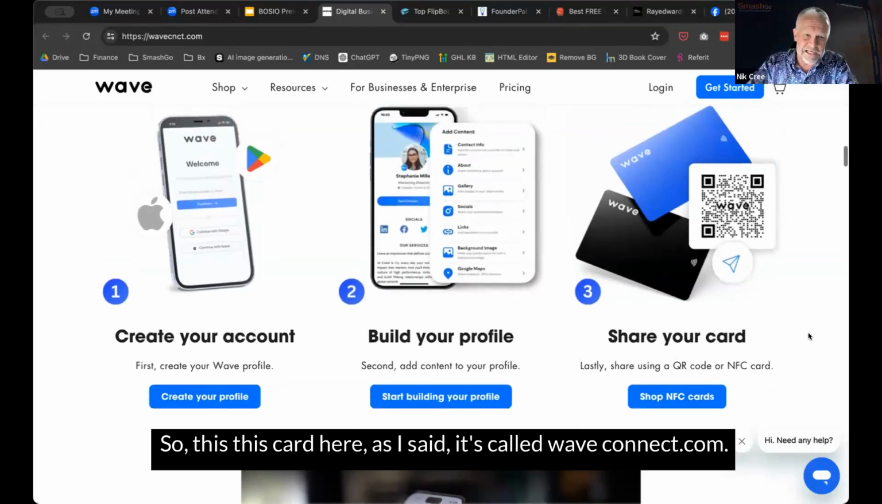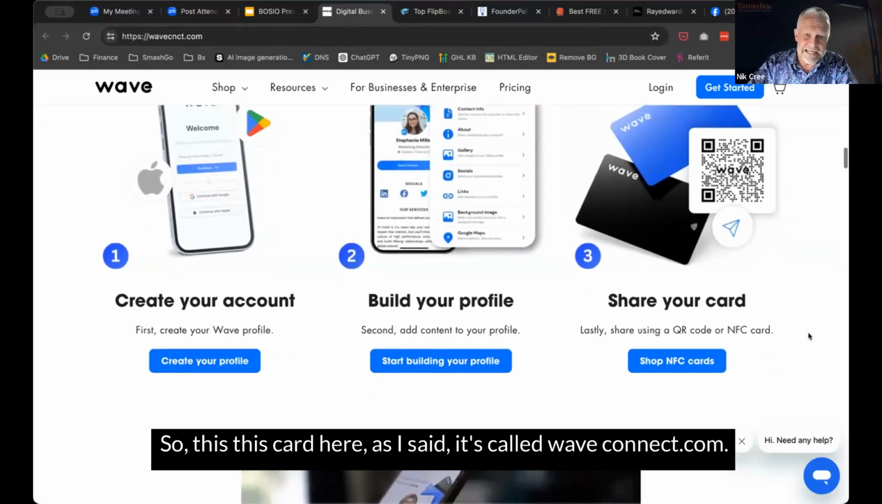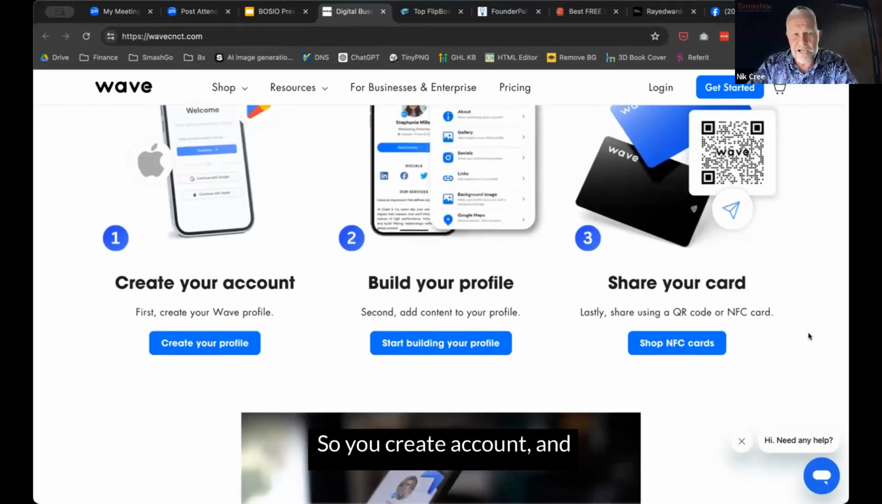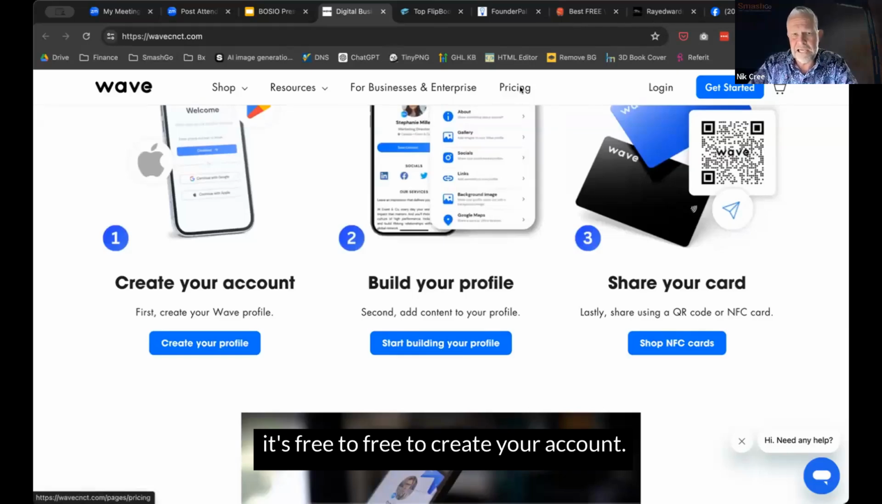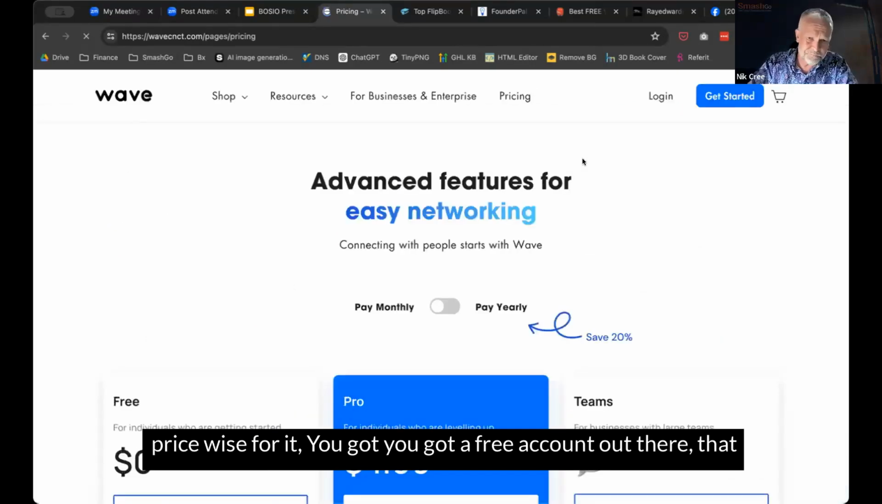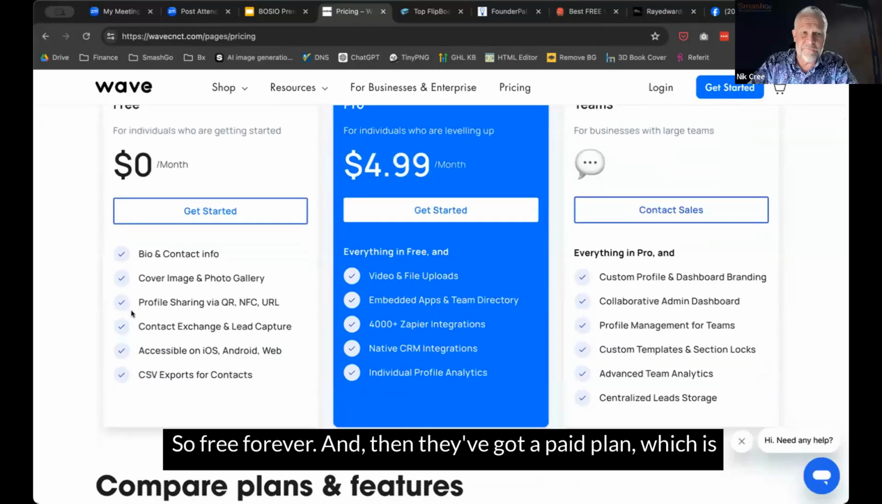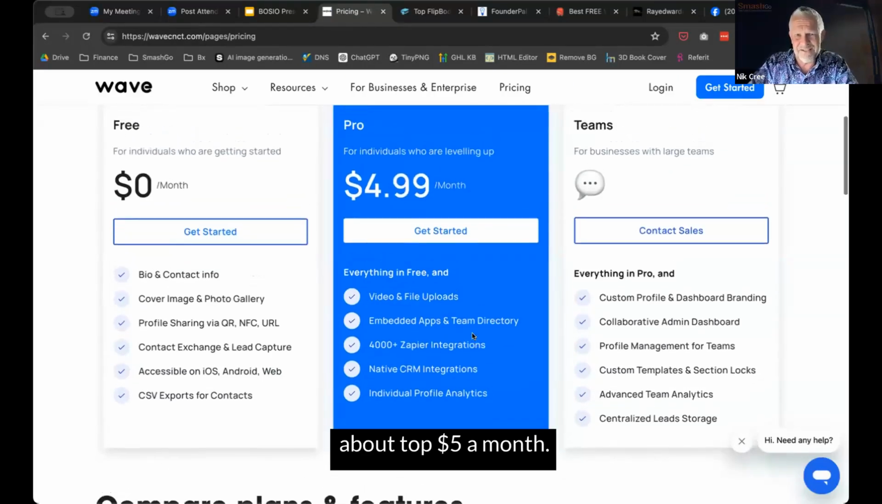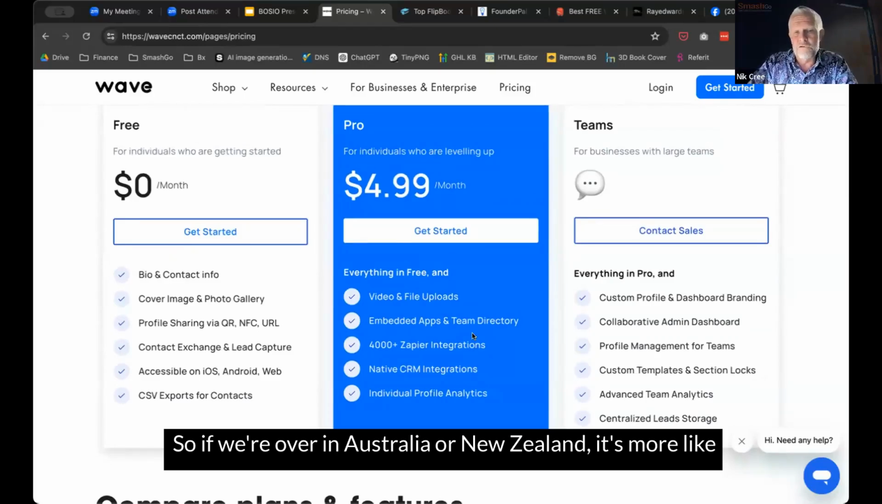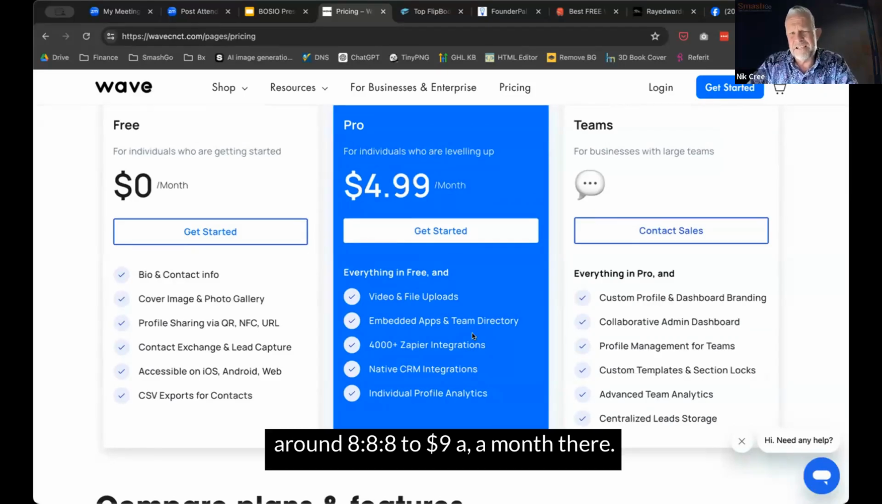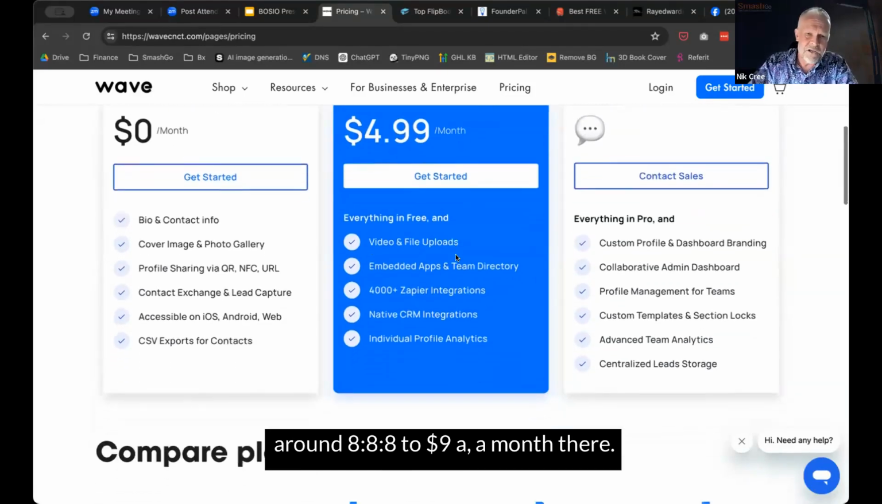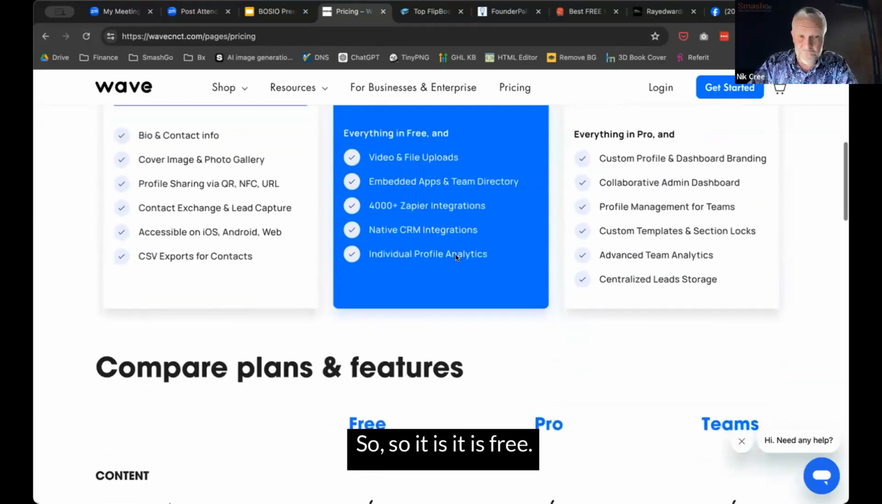So this card here, as I say, is called waveconnect.com. So you create an account. I think it's free to create your account. Price-wise, there you go. You've got a free account there that you can use, so free forever. And then they've got a paid plan, which is about $5 a month, or if we're over in Australia and New Zealand, it's more like around $8 to $9 a month. So it is free. You can use it for